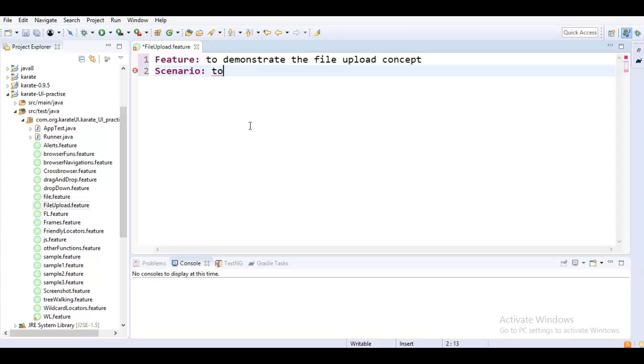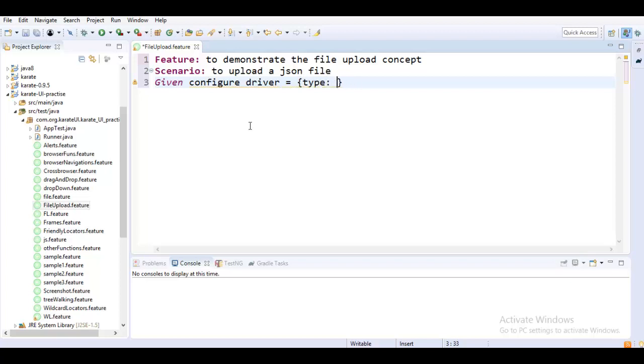Scenario to upload a JSON file. Given, I need to configure the driver first. Given configure driver equals to, I need to specify the type.